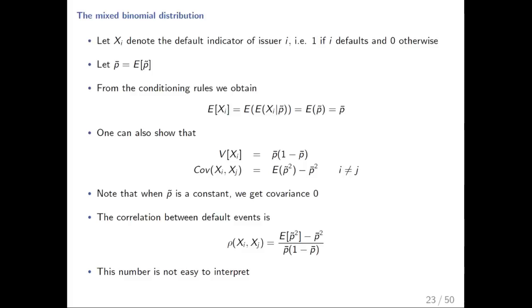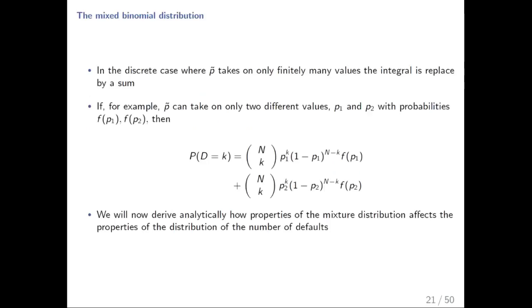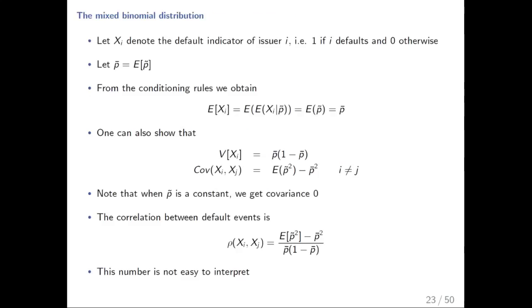So this stuff in the middle here is just equal to p tilde, and then the unconditional expected number of defaults is just the expected value of p tilde, which is just the average p. So the expected number of defaults is just the average p. That's nice. If you go through that exercise and do the algebra, you end up with the variance of the number of defaults being just p bar times 1 minus p bar,